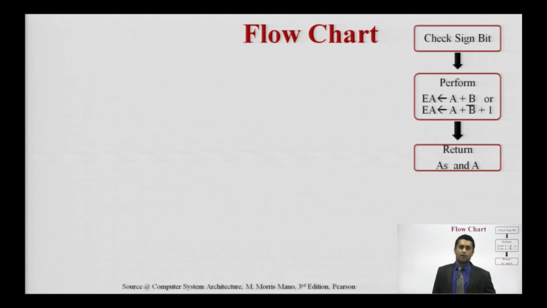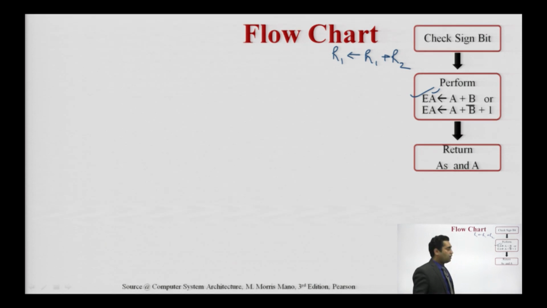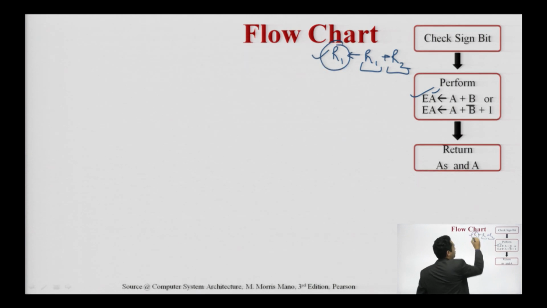If I am talking about a flow chart which we are following here, it is basically to first check the sign bit. Second, if it is addition, then perform this. What is the meaning of this A and E? A represents the input. What I am doing here is performing the same function like R1, this is input 1, but at this point it is treated as an output. So instead of taking a new space R3 or a new register, I am using the existing register.